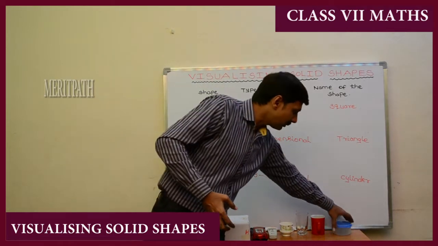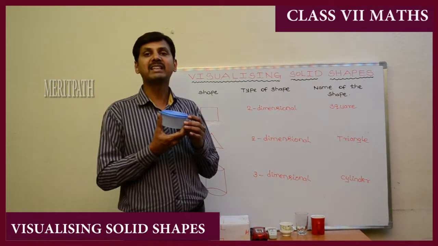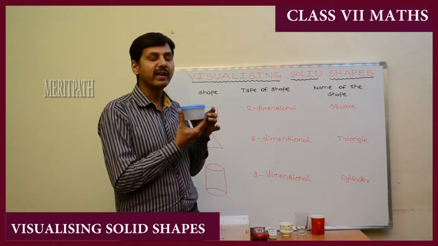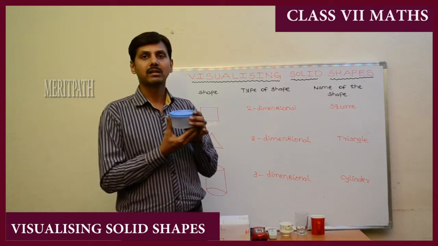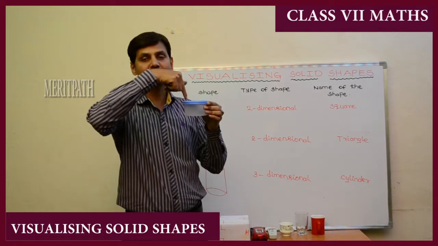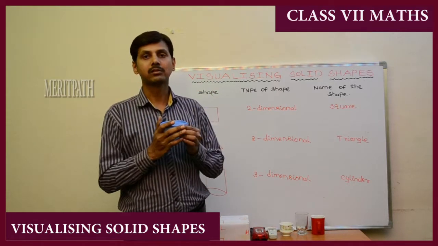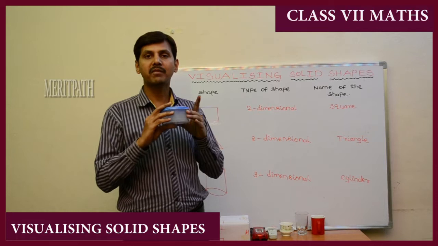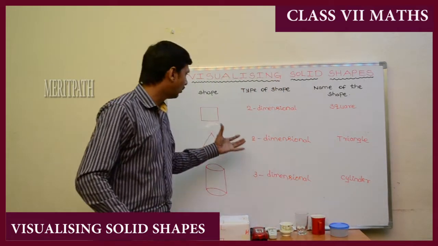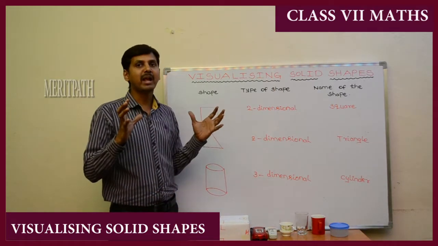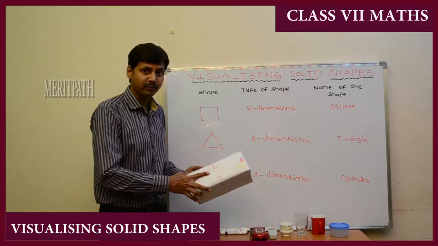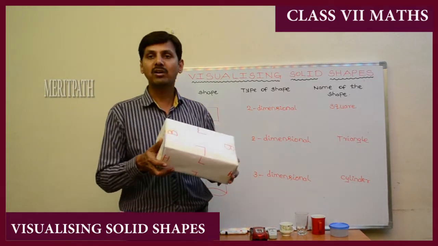Let's take this bowl. This also has three dimensions. Just as we took height and breadth for the cylinder, in a similar manner we take it here: height, width and depth, three dimensions. So we call this a three-dimensional picture. When we draw a picture on the board, it will be a shape of two dimensions, because we have only length and breadth. So let us take a cuboidal box.